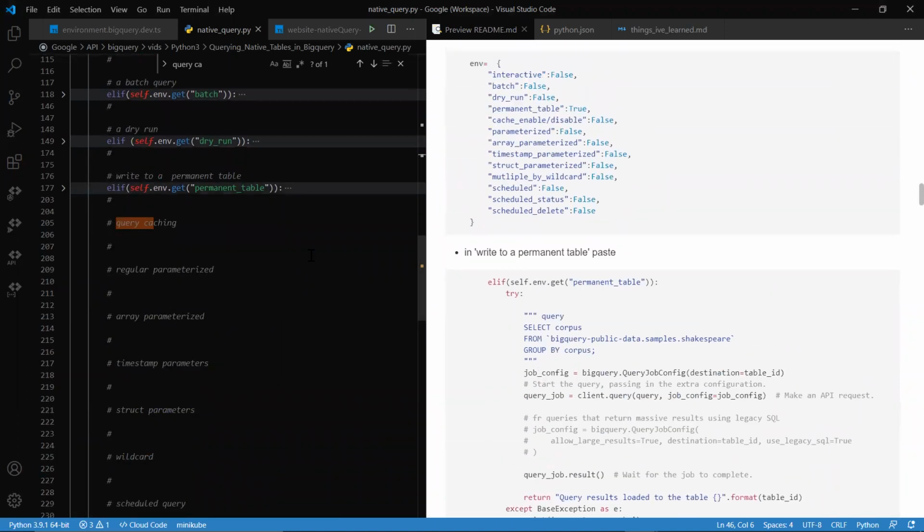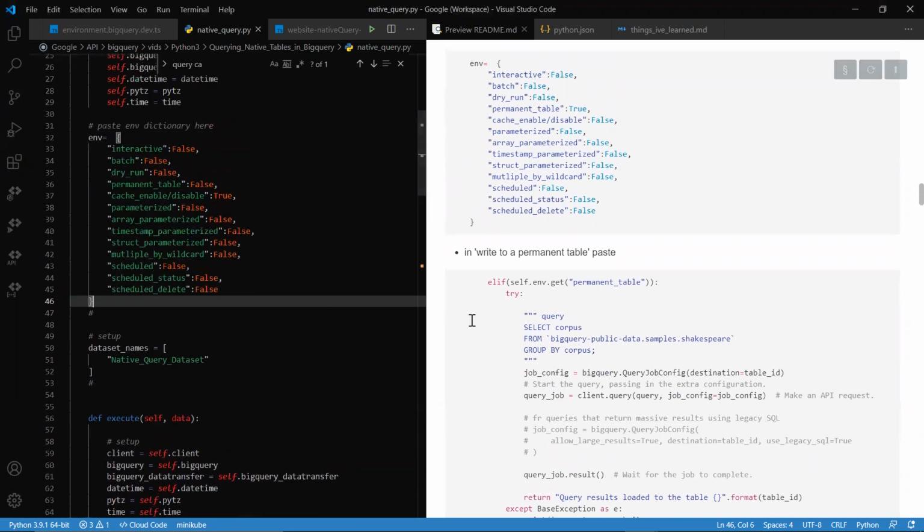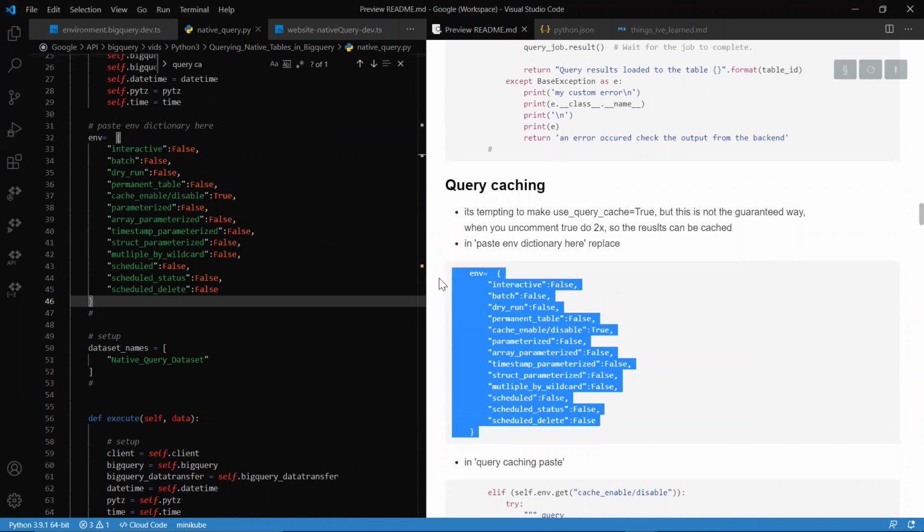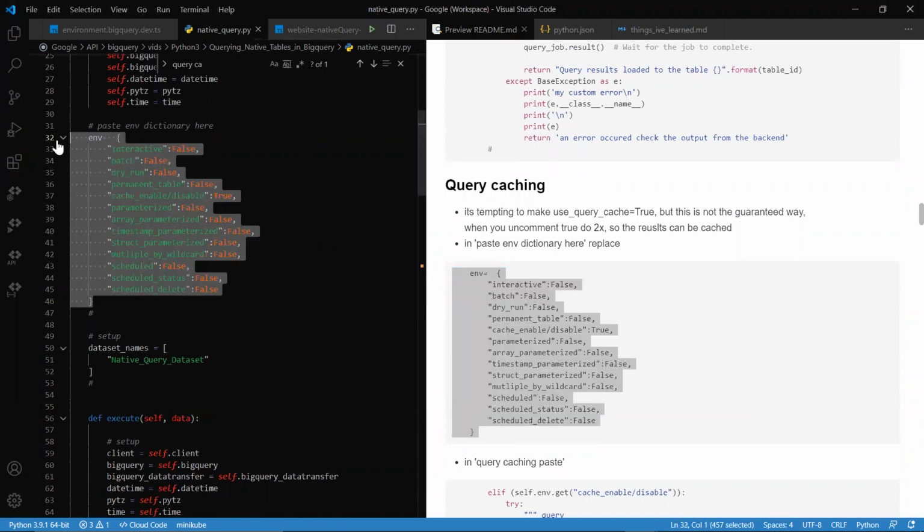So it's always good when you're using BigQuery, you're using their SDKs, always want to work with SQL. Try not to use the SDK to do things. It's a lot of extra steps in there. So now,